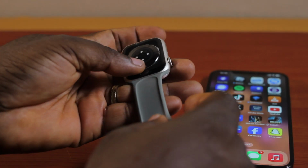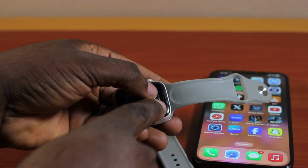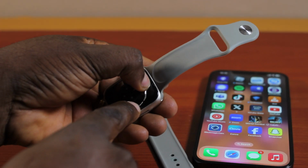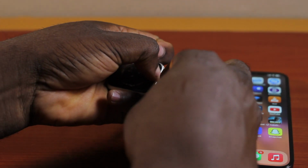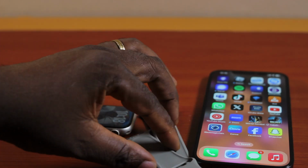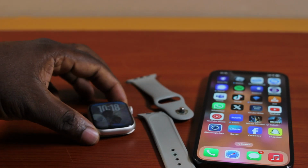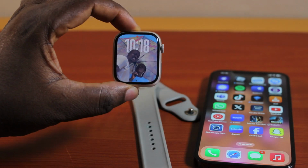like this. Then you want to repeat the same thing on the second band. Press the button very well with your nail. So just press it so that it will release the band. Then you see that, then you can now slide it out. Then you now have your Apple Watch and then the bands. You see that? So that is exactly what you need to do when you want to take off the band